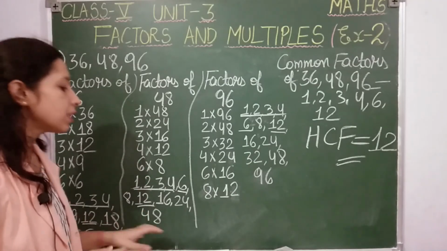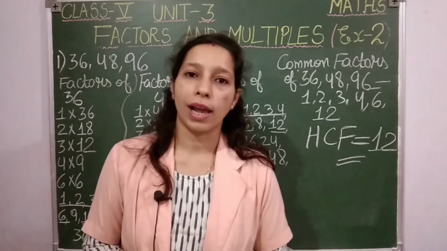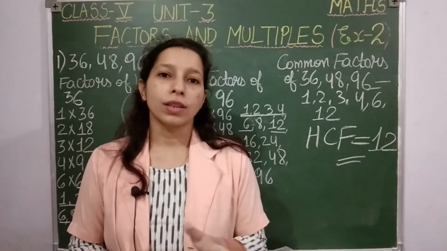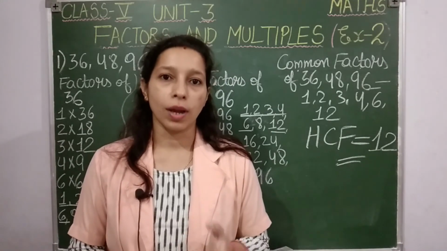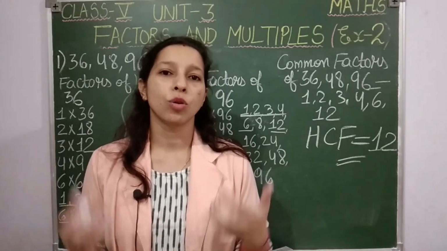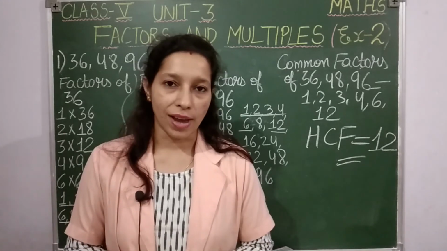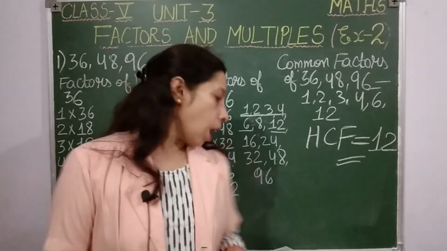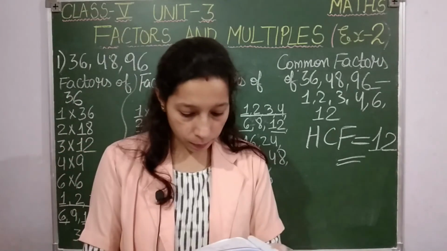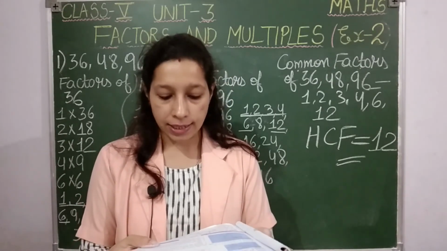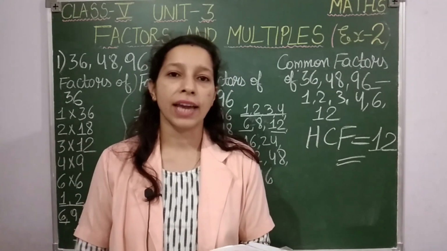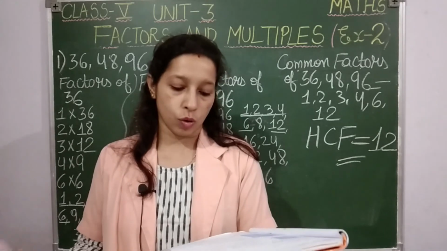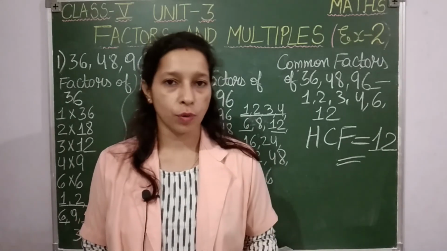Okay. So like this we use factorization method to calculate HCF students. So for this you should know the multiplication table. Okay. The multiplication table should be clear to you, then only you will be able to write the factors. Okay. Now your homework will be point number J and C. Point C and J will be your homework students. So do the homework, and that's all for today. Thank you.